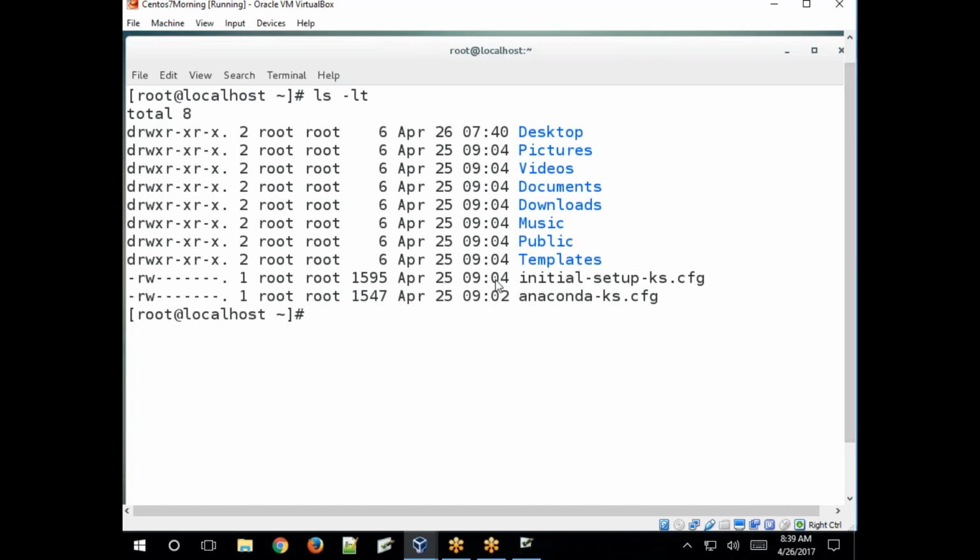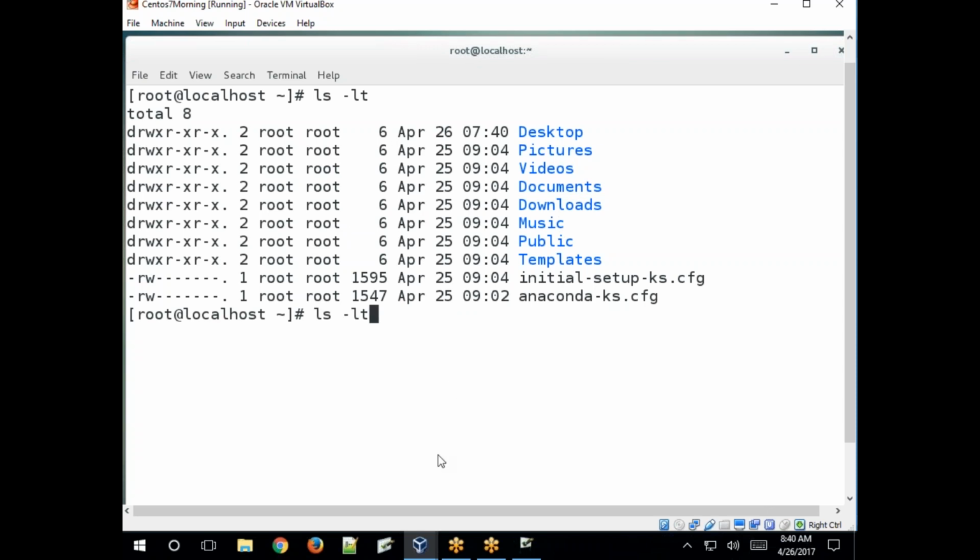Sorted, right? Based on timestamps: desktop, pictures, videos, documents, but not in alphabetical order. Sorted based on timestamps. When the file is created, based on the date and time, files are sorted and printed to the standard output screen.